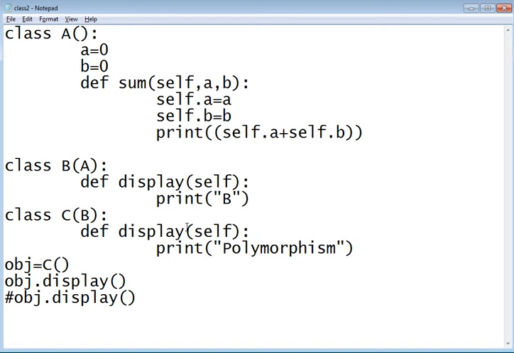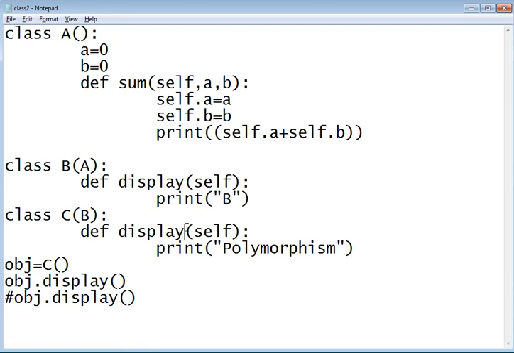And abstraction means when you have private and public variables, that is abstraction. When you define a class, it is abstraction. And encapsulation means you encapsulate with this a and b. So these are related terms, encapsulation and abstraction.